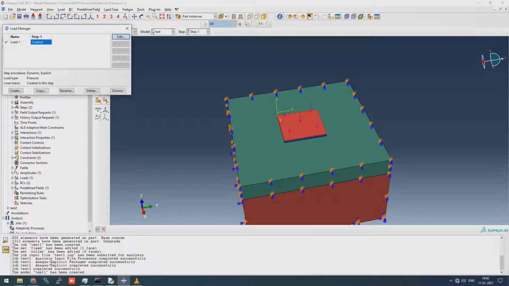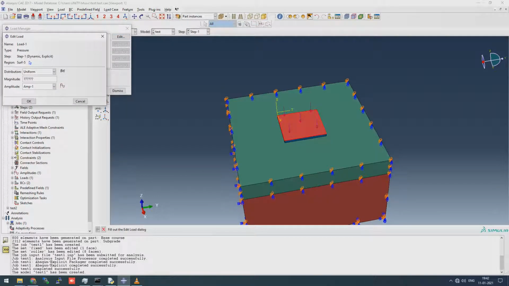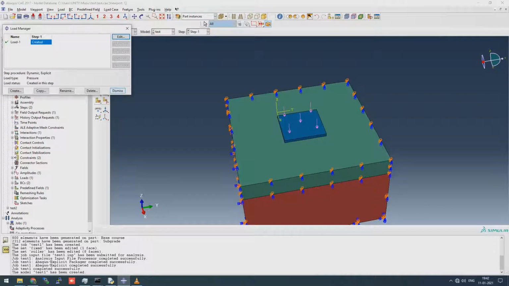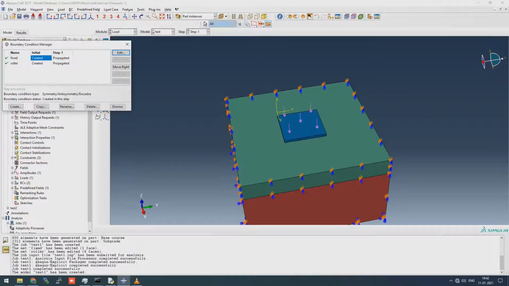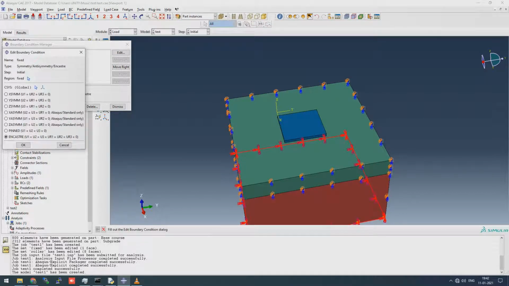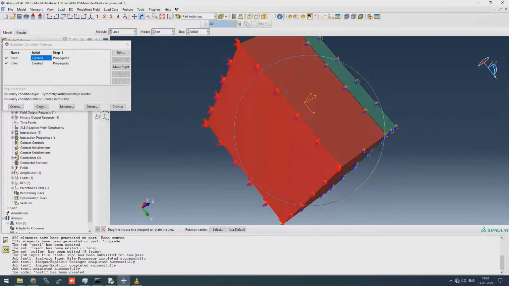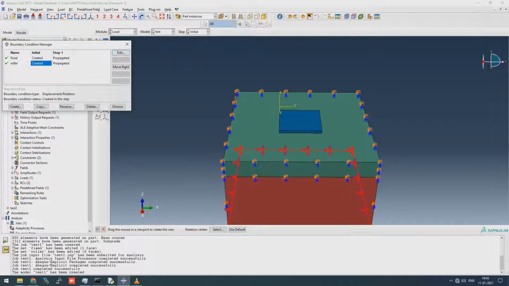You can apply a load at the top of the plate, with a gradually increasing amplitude. Then you can apply a fixed boundary condition at the bottom, as you can see, an encastre boundary condition at the bottom, this one.